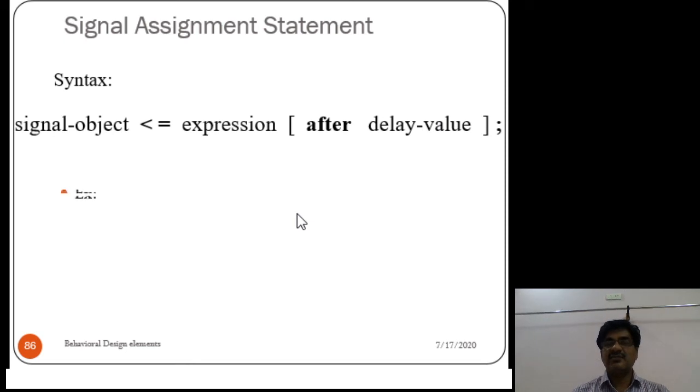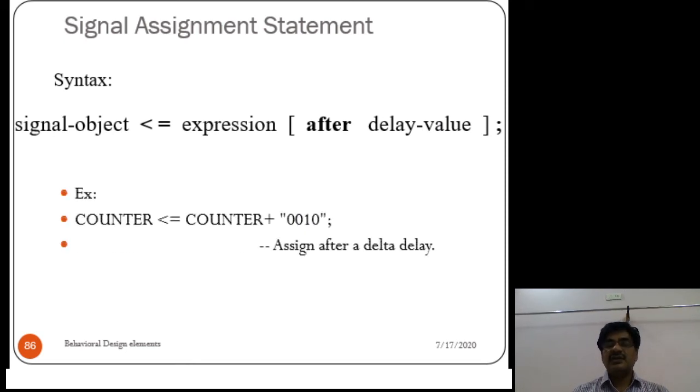Let us see some examples. Counter less than equal counter plus 0010. The result of this is that it adds the value of counter plus 0010, then the result is loaded into counter with the delta delay time.